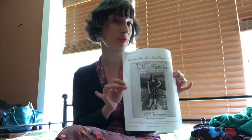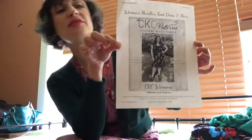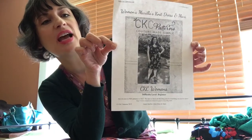So the first thing I got was from a pattern company I've never tried before. I've printed out the first page. I just slipped this in with the pattern envelope when I print out the PDF, so that I can find the pattern and remember what it is. Because for instance, I have a dress called a Betty. Like 6 different pattern companies make Bettys, and I have 3. So having it printed out really helps. Hot tip there. But this is from CKC, and this is their